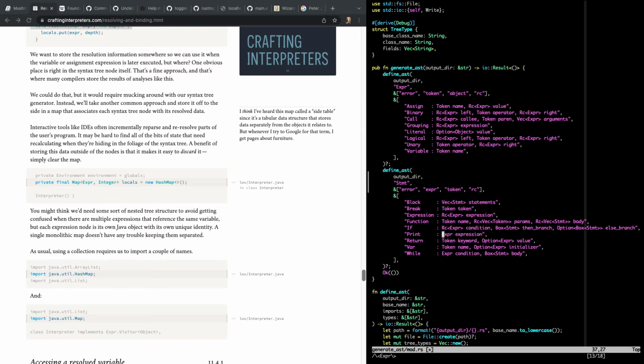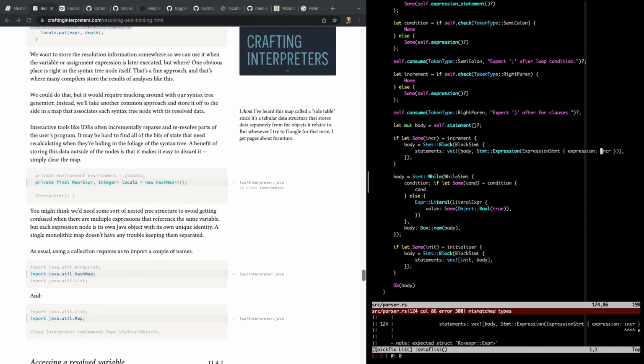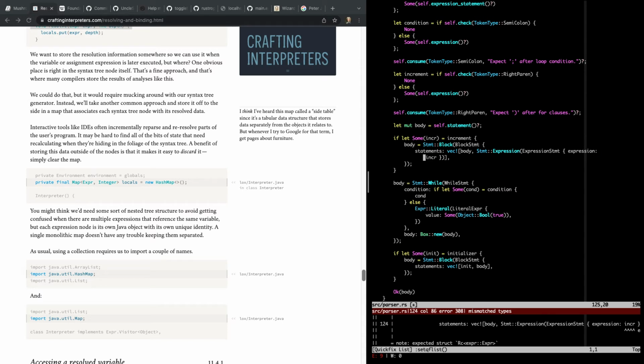Those are statements. There's a RC expert, option RC expert, and that way we can... okay. Am I even doing the right thing? I don't even know if I'm doing the right thing here, because if I make all these changes now,